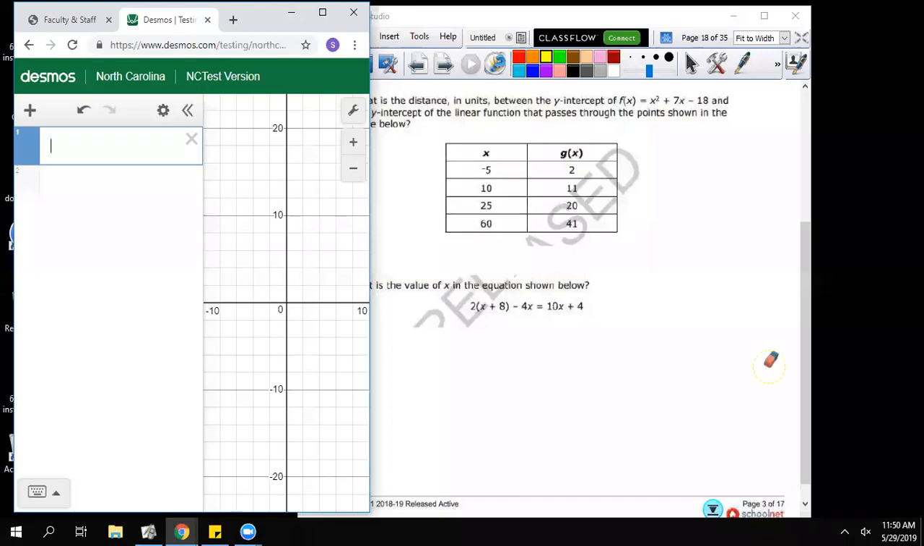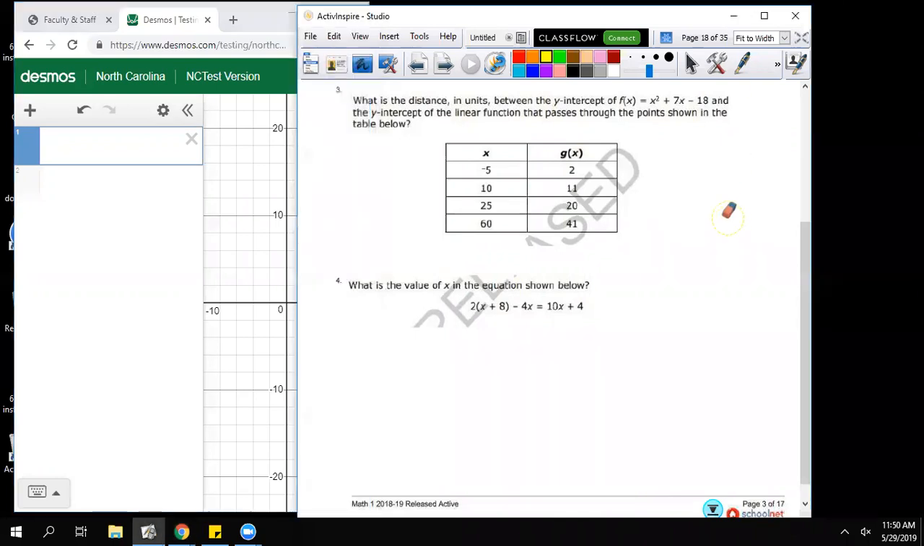Okay, so this is looking at F-IF 4, 6, and 9, where we are going to identify key features and compare linear functions. We're looking at active questions 3, 12, 30, and 35 from the 2018 North Carolina Math 1 released EOC test items. So looking at question number 3, it says, what is the distance in units between the